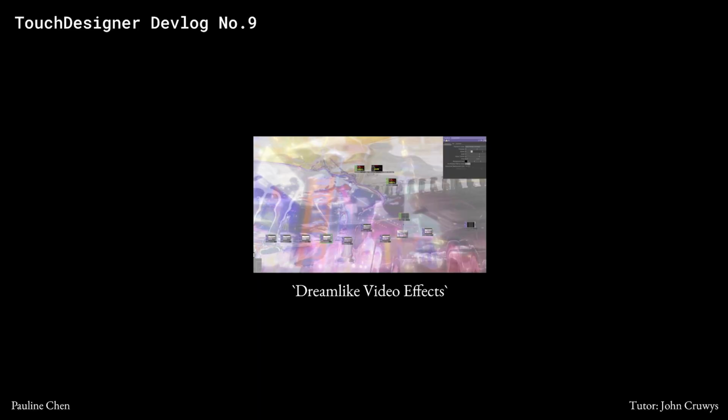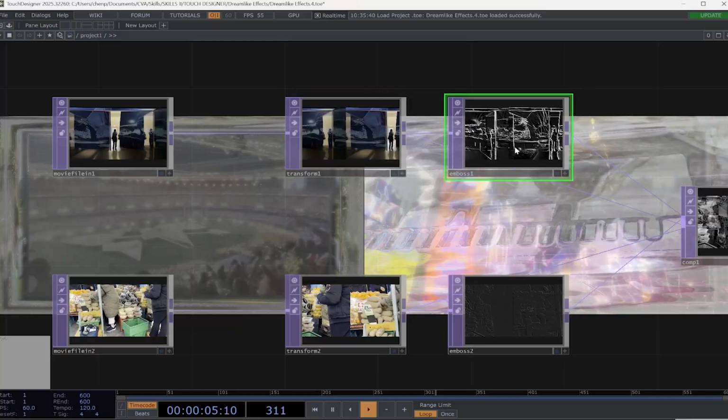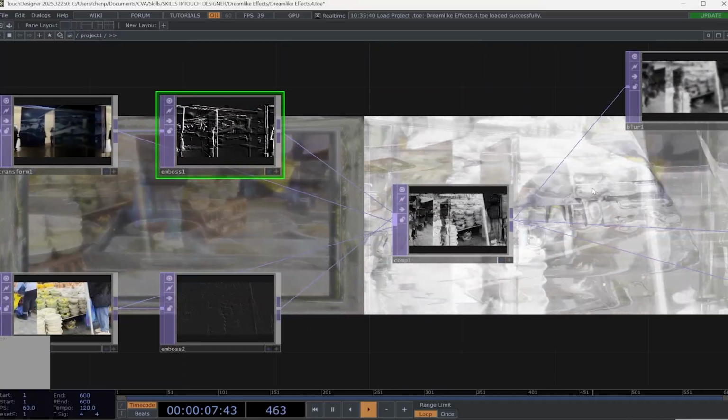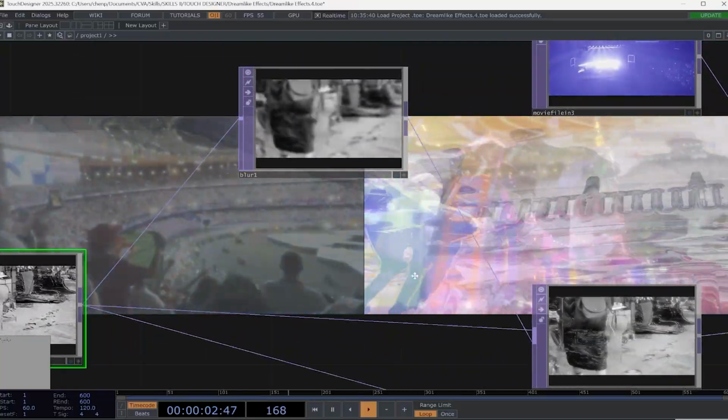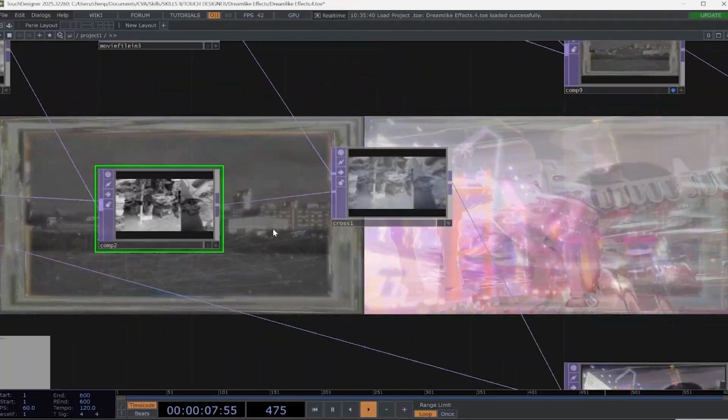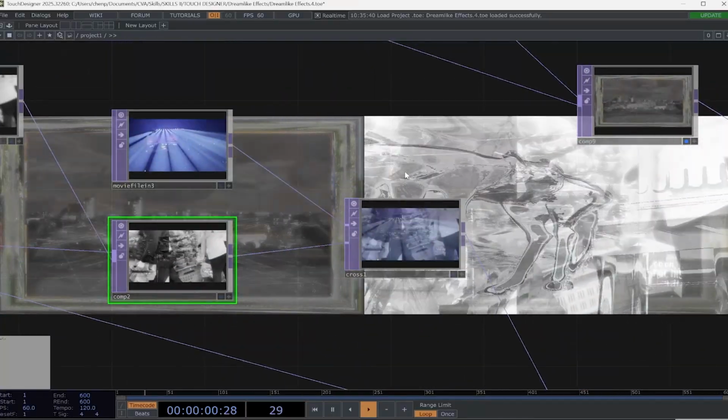In this devlog, I experimented with creating a dreamlike video filter in TouchDesigner by layering and blending multiple video sources. Here are the following assets I had used from various videos on my phone. The process starts with several movie file in tops, each adjusted using transform and emboss tops to shift position and add texture detail. These layers are blended together using composite tops, with different operations creating variations and contrast between the